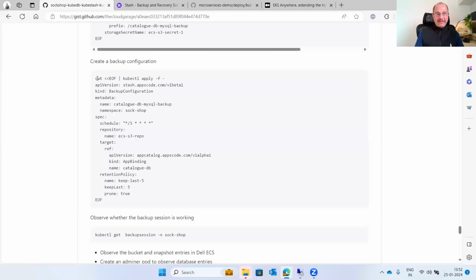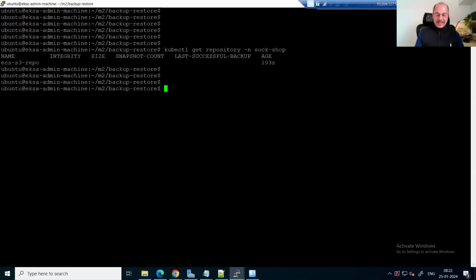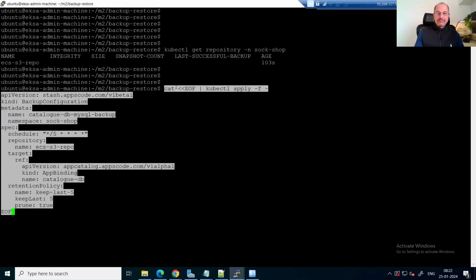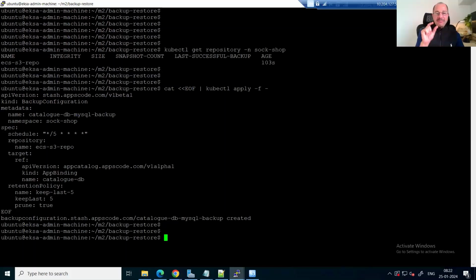For now, I will take this and create a backup configuration, which will then result in a backup session. So now we have put in the configuration. It then tries to use whatever has been defined in the repository to create what is called a backup session